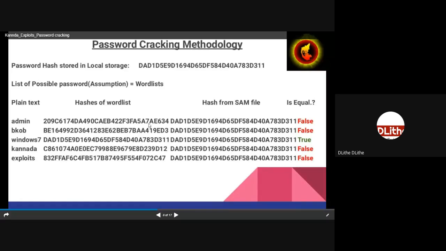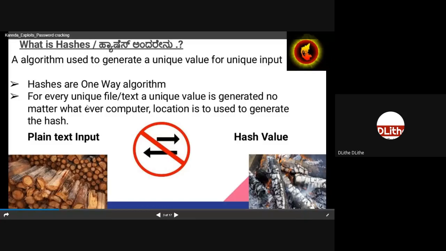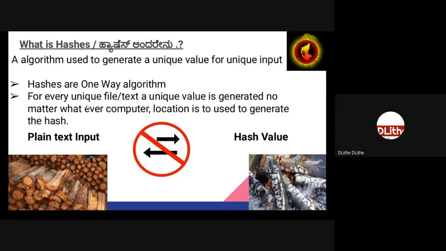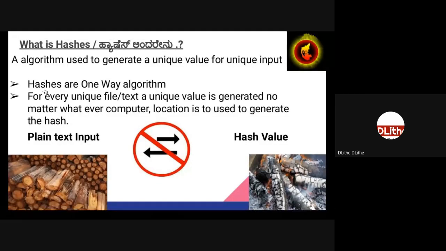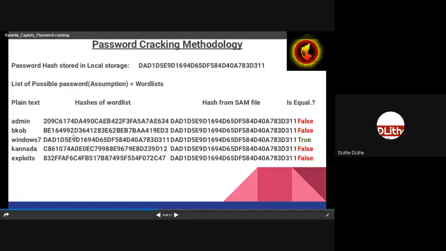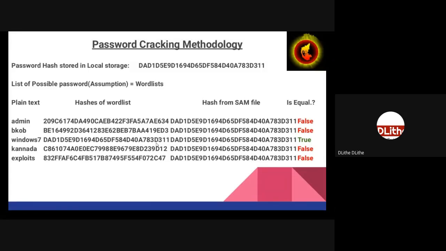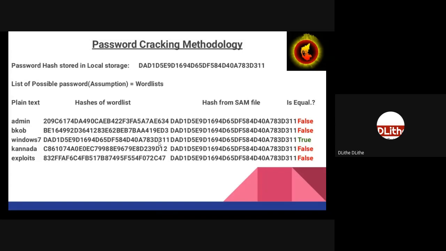According to the second characteristic, irrespective of whichever tool or location you generate the hash, as long as the input of the hashing algorithm is the same, the hash value will be the same. Which means if two hashes are equal, the keyword used to generate the hash would be the same. This is the concept used for cracking hashes, and this is the only way you can crack a hash.